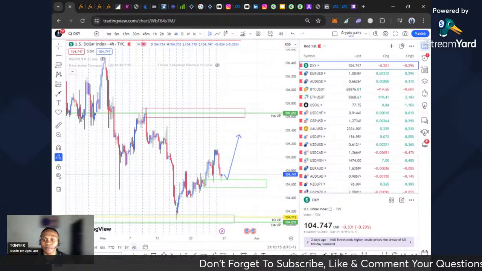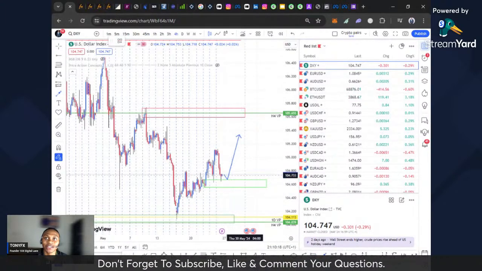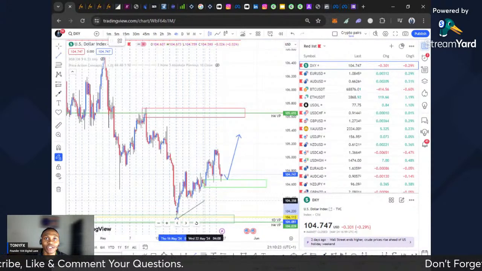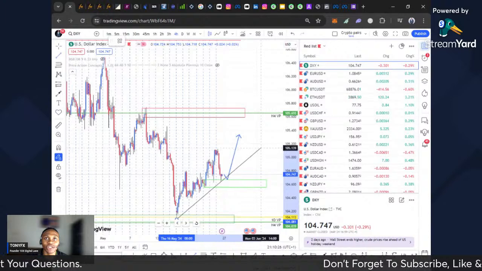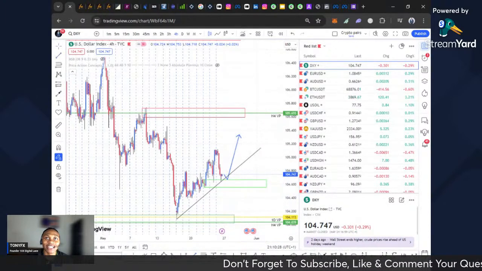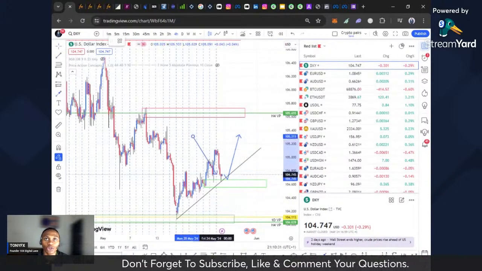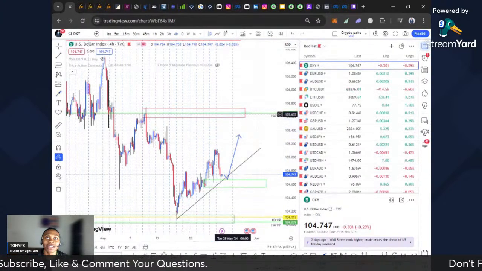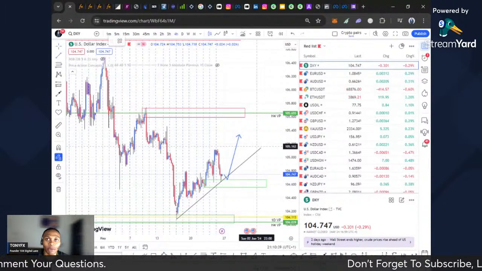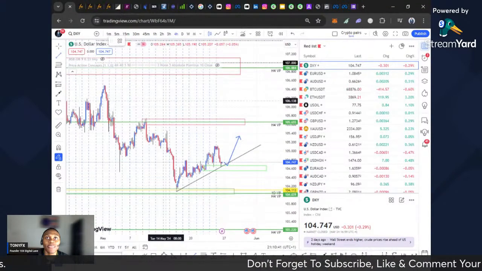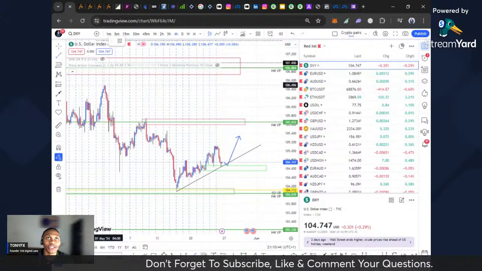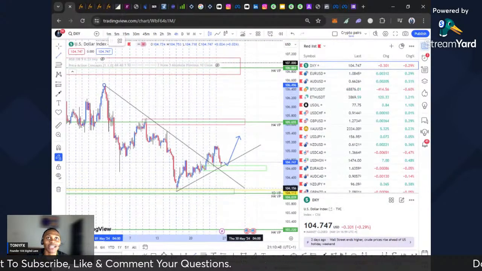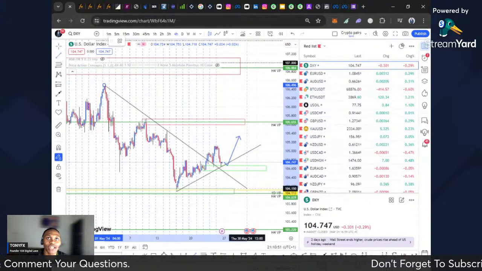What I see currently for DXY, which is the strength of the dollar, is that we have a trend established here already. There is a high chance that this market will respect this trend line, which is an uptrend line, and continue pushing to the upside. Nevertheless, we also have a downward trend line over here, which has been broken. That is one courage I see about the market.